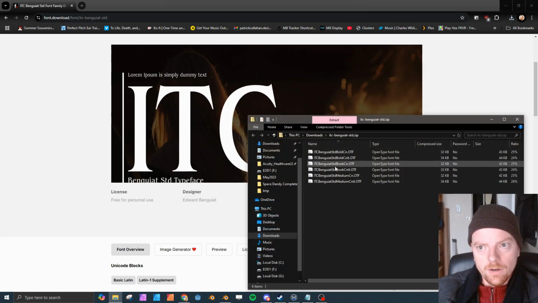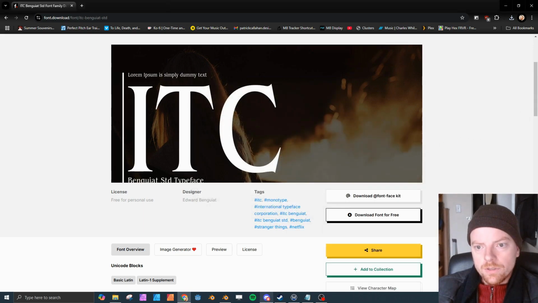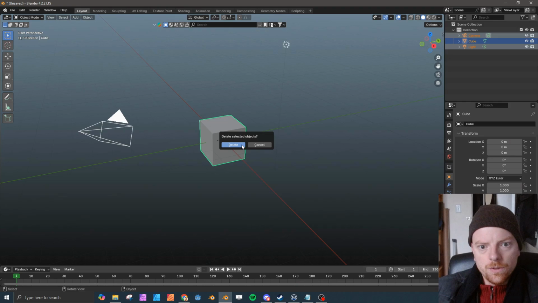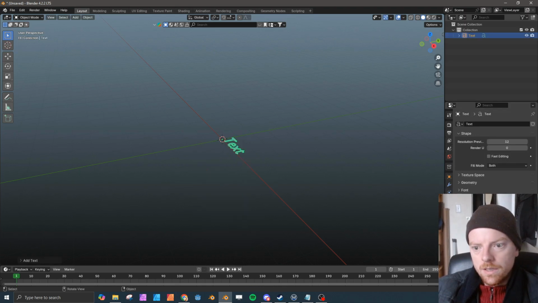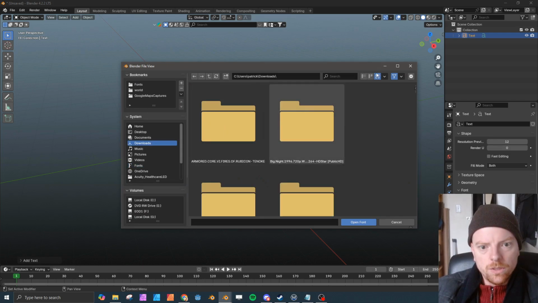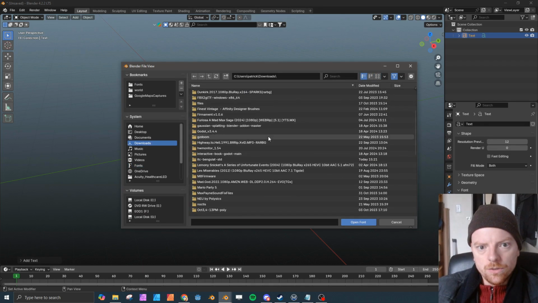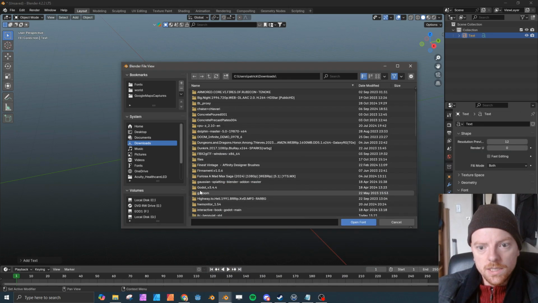I'm going to open it up. I'm just going to extract this to my downloads folder so that I can easily find it in Blender. So first I'm going to delete everything in Blender. I'm going to add a new text object. I'm going to go into the data properties of the text object. I'm going to go into font, to my downloads folder. I'm going to find the folder called